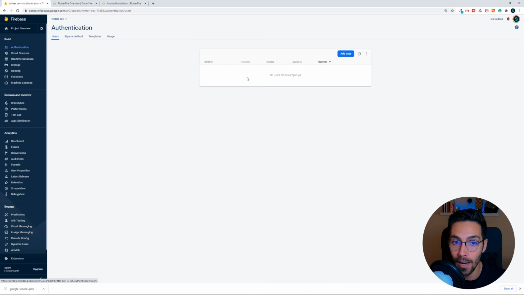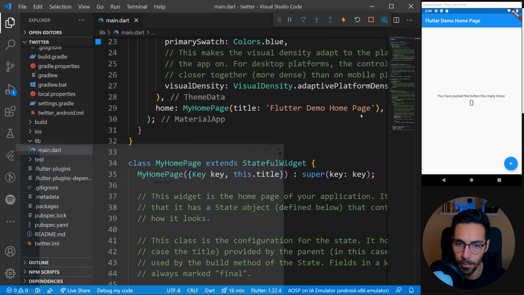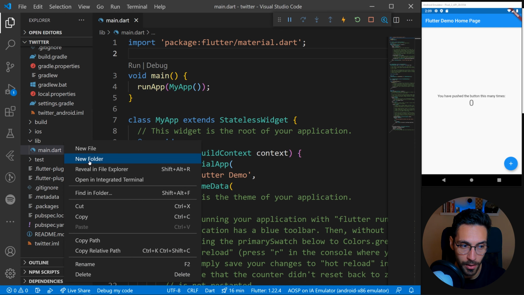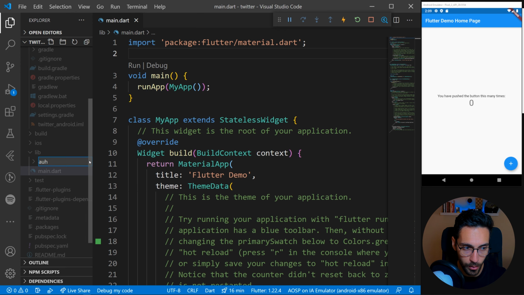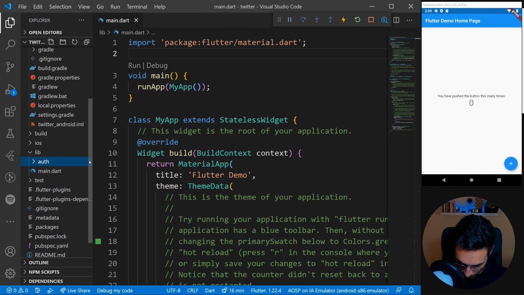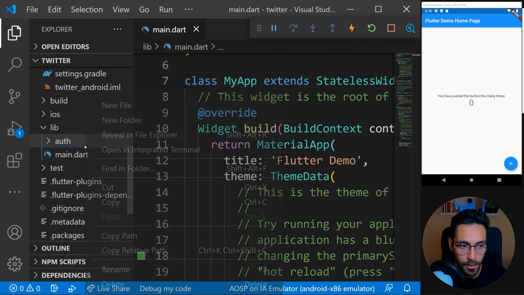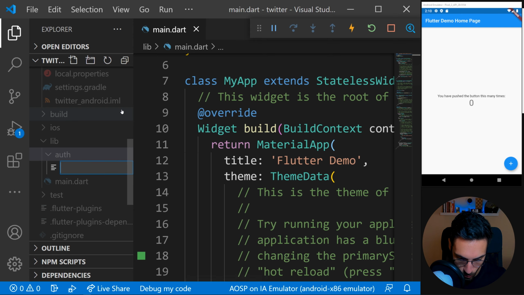After that, when we actually register a user, the user will appear in here along with all the information that is provided to us by Google. So there we go. Now let's close all of that up and go into our code. This is our main.dart. Now, there isn't much in here, so what we'll do right now is to come in here, create an Auth folder. Let's make all of these bigger. Okay, and in this Auth folder, we'll create a new file, which will be called